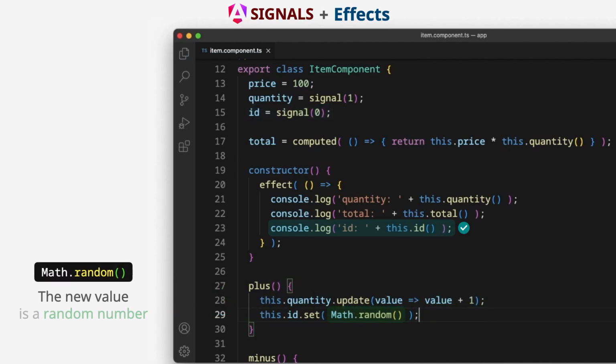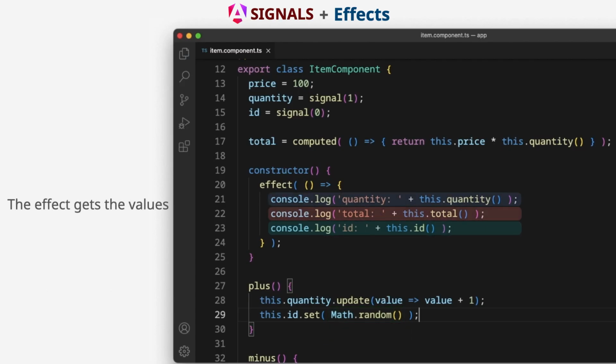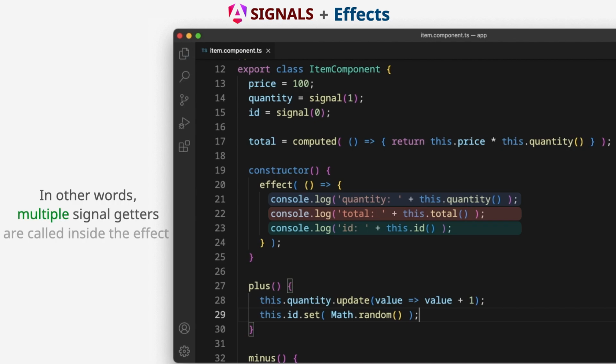The new value is a random number. The effect gets the values of multiple signals. In other words, multiple signal getters are called inside the effect.